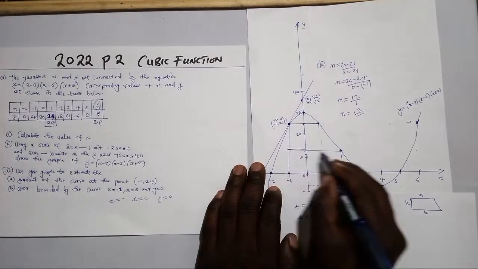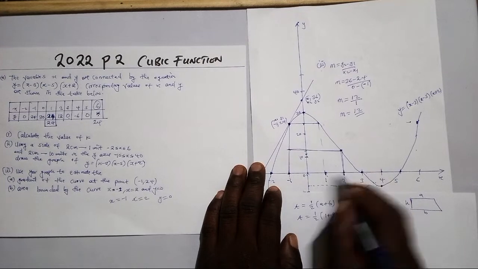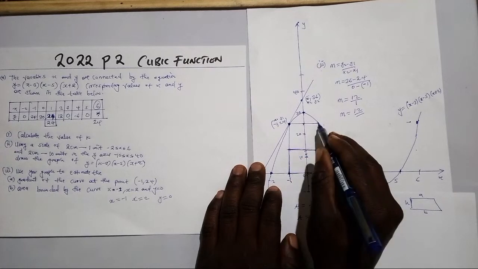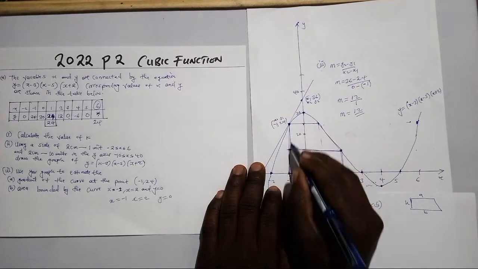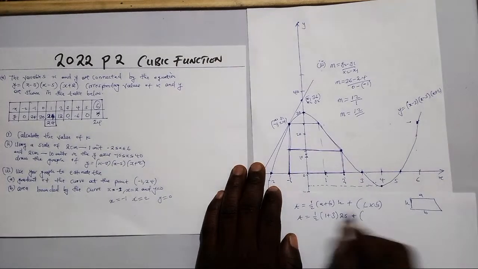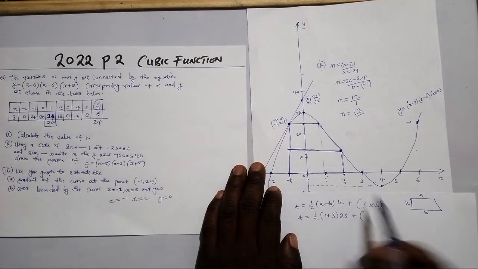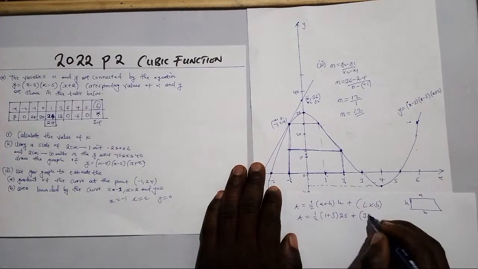This is a rectangle which you are seeing here, and this is a trapezium which is on top here. Then L, you count the units, which is 1, 2, 3. So it will be 3 times